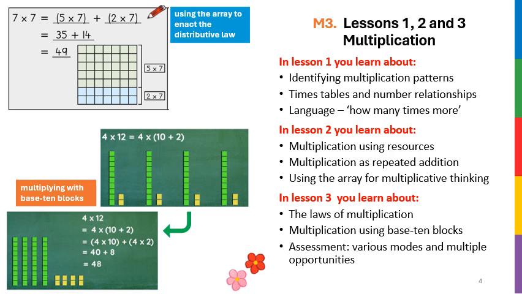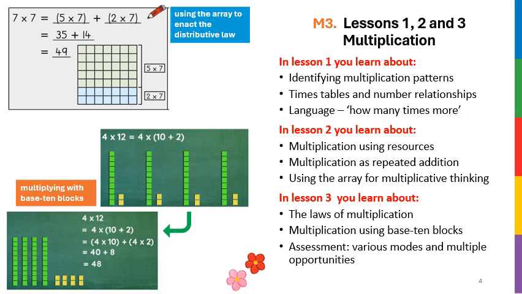So if a learner has to solve 7 times 7 but does not know that answer as a known fact, she can break that first 7 up into 5 and 2, because 5 times 7 is easier for her to work out, and 2 times 7 is also easier. So 5 times 7 is 35 and 2 times 7 is 14. She simply has to add those two numbers to get her answer of 49.